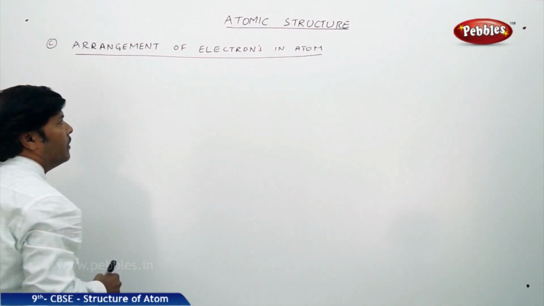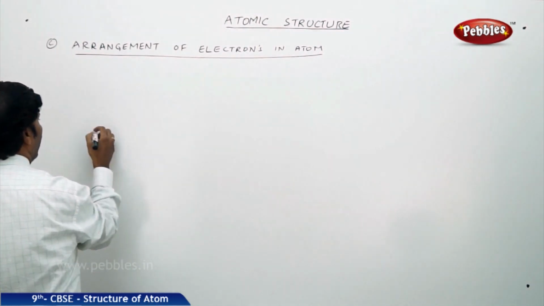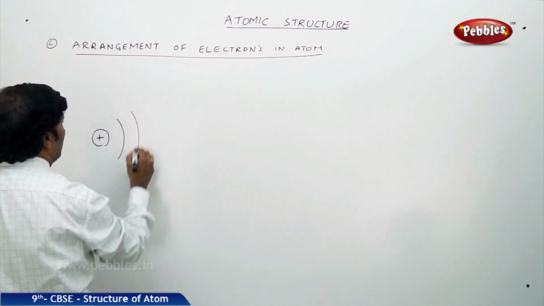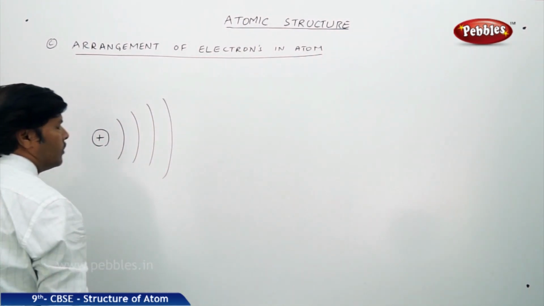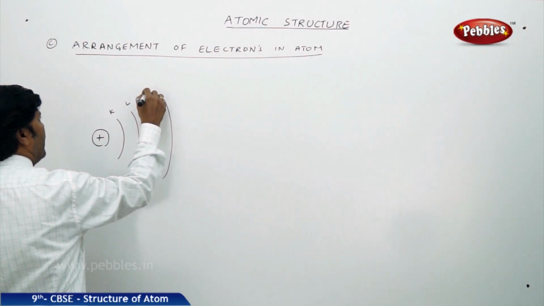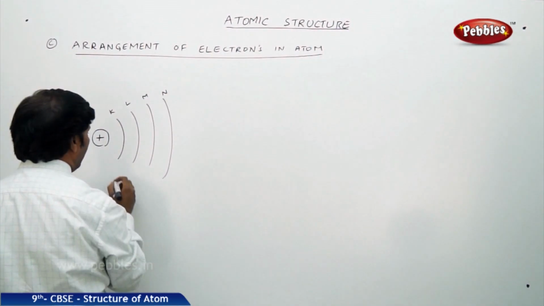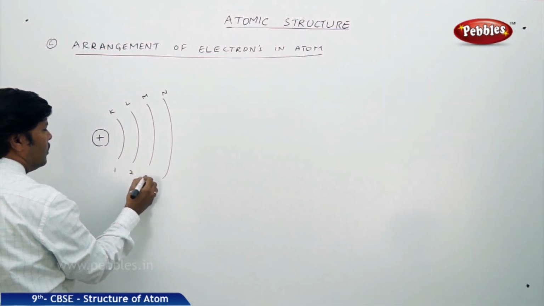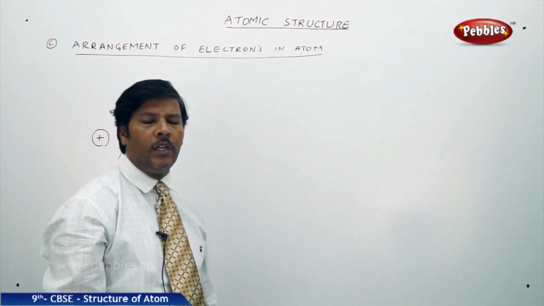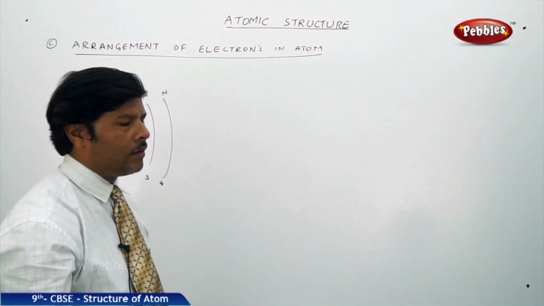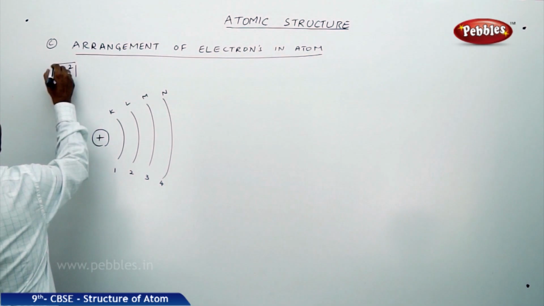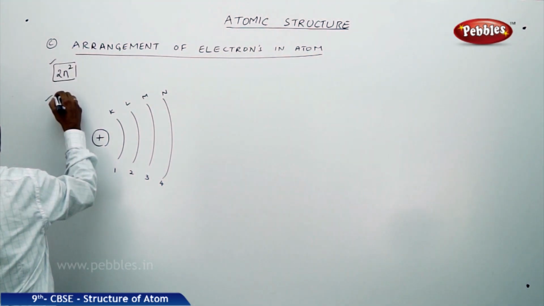So here, when we go to the arrangement of electrons in an atom, usually if you take an atom, it has a positively charged nucleus and it has shells 1, 2, 3 and 4. What we do here is designate these shells either as K, L, M, N, or as numbers 1, 2, 3, 4. The maximum number of electrons to be accommodated in each energy level or each orbit of a given atom, we can find using the formula 2n square, where n represents